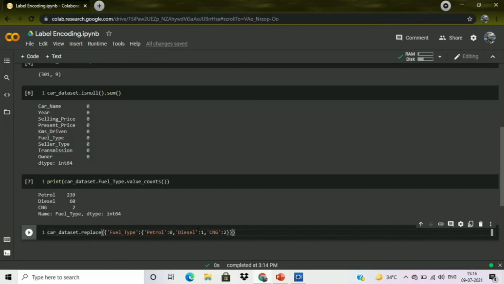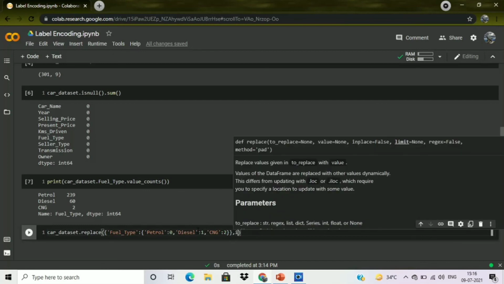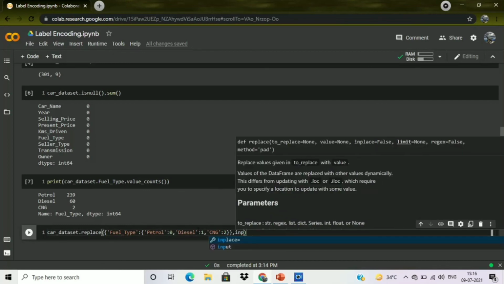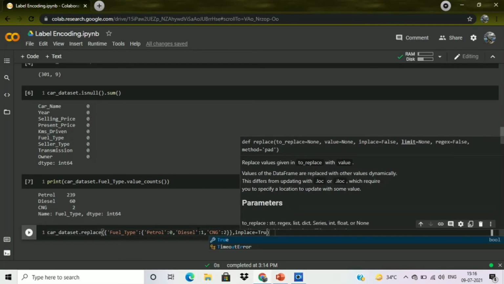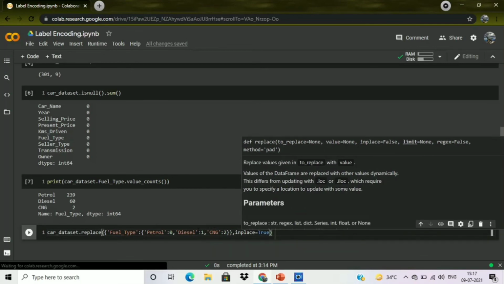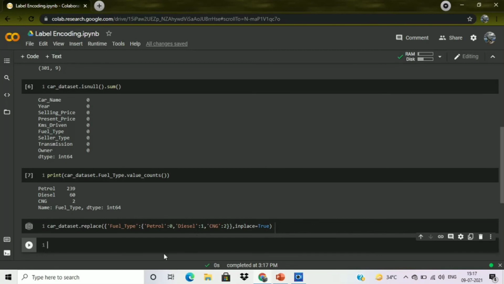Now let me run this. The code has run perfectly, and you can see that we have converted petrol into 0, diesel into 1, and CNG into 2. Now let's see whether the changes we applied are appearing or not.